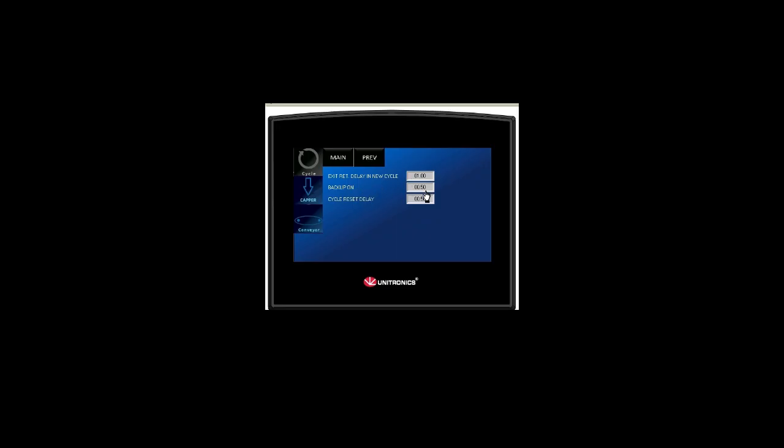Backup on delay. This is going to be how long a container has to sit in front of the line backup sensor before it causes a fault. And the cycle reset delay will be how long it waits after it's completed its cycle before it continues on to the next. Often you'll use this to slow this piece of equipment down for slower equipment down the line. If I go back to the main,